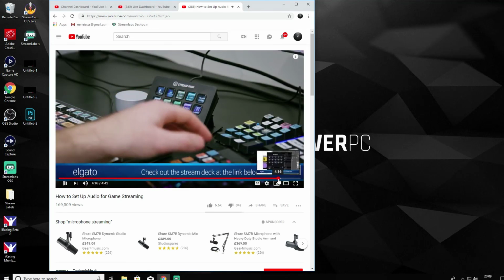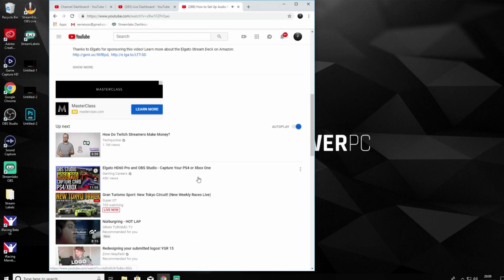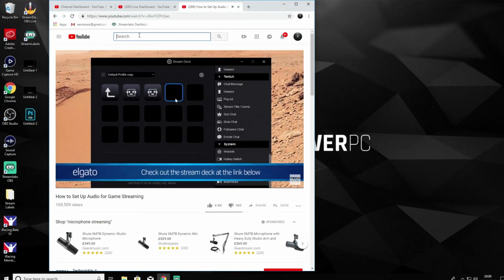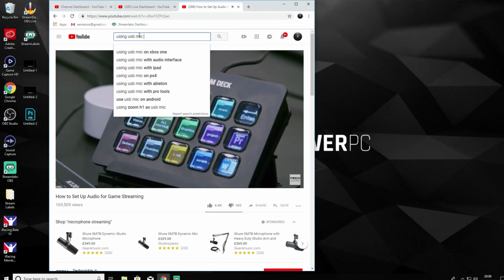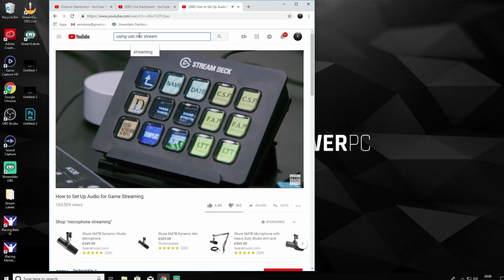Throw on whatever icon you'd like, and you're ready to go. And you could even turn buttons into folders and create multiple profiles if 15 buttons just isn't enough. We use Stream Deck with the